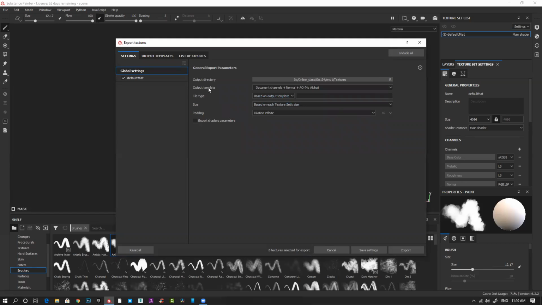This is the first setting. The second setting is the output template, in which format you want it. You can see there are tons of different templates: CryEngine, Dota, Keyshot, Arnold, Unity, and all these options. If you scroll down,